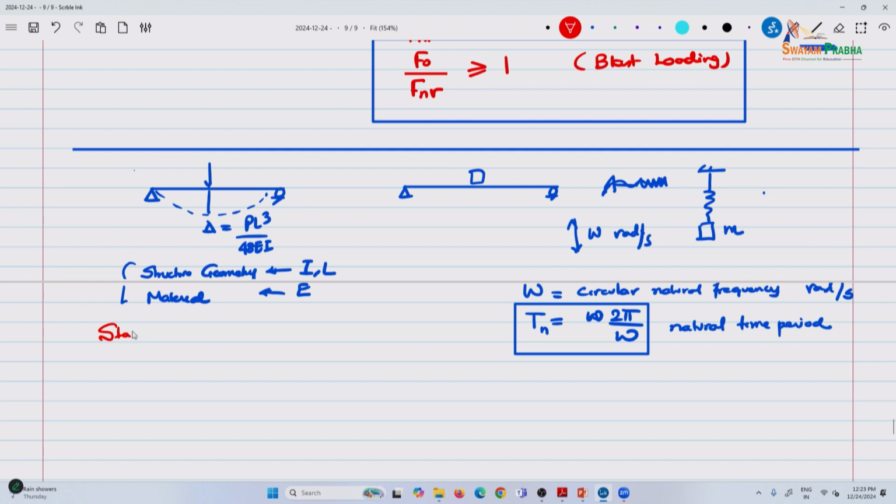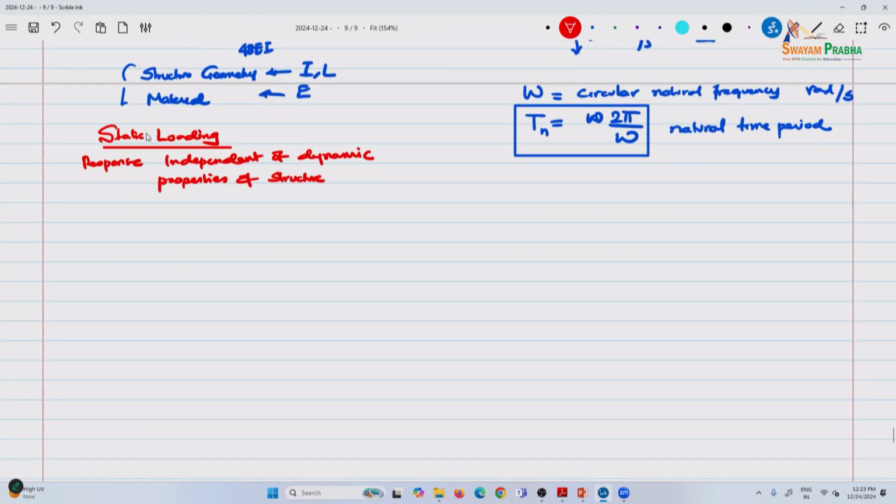So static loading response is independent of the dynamic footprint or the dynamic properties of the structure. Even in seismic loading, this doesn't come into play much. But in extreme environments, when you start, you will see that